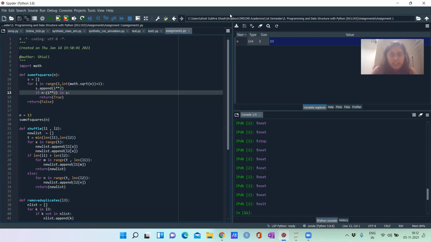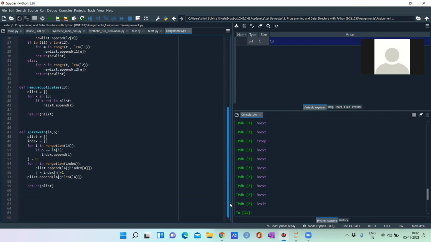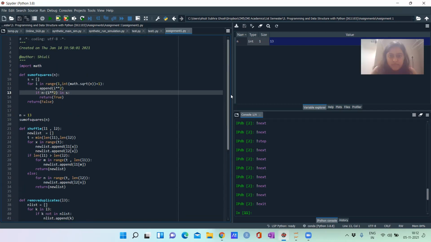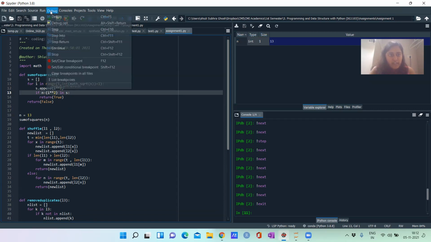Is it all okay? I need you guys to respond. Yes, understood. Yeah. Okay. So this is the basics of debugging. So you guys try it out, and all the shortcuts are also there.